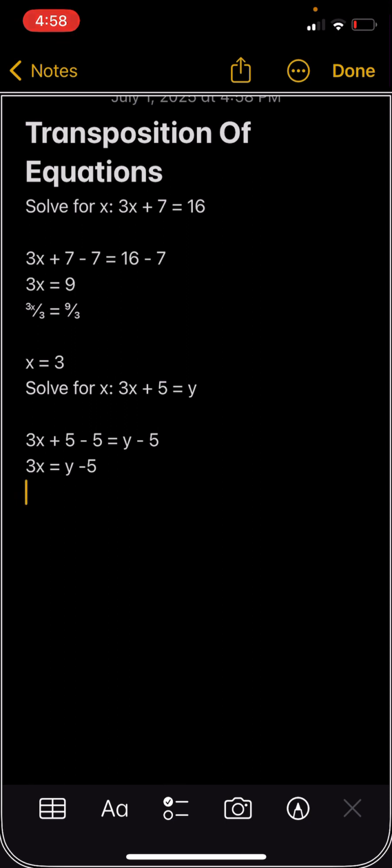So we have 3 multiplying the x. We need to divide both sides by 3. And so we have 3x over 3 is equal to y minus 5 over 3. When we simplify that, the 3s will disappear, giving us our final answer, which is x is equal to y minus 5 over 3. So that's the second one. The third one,